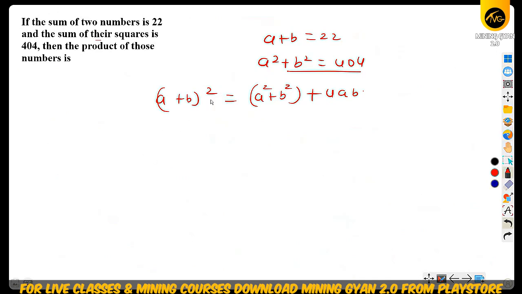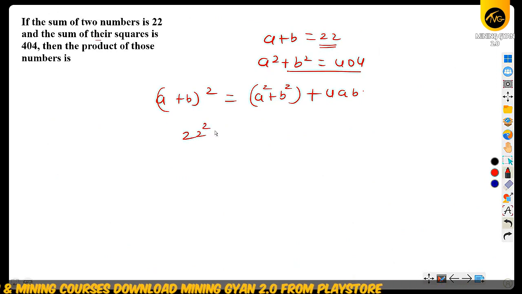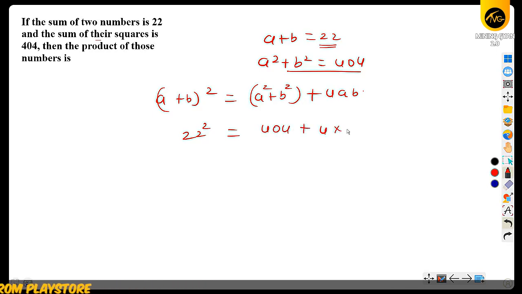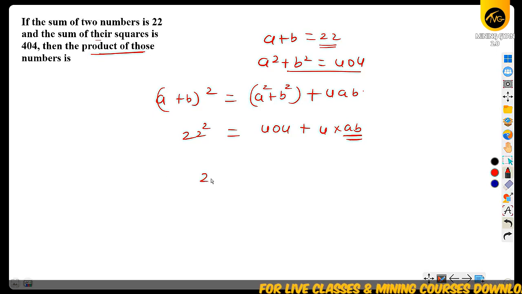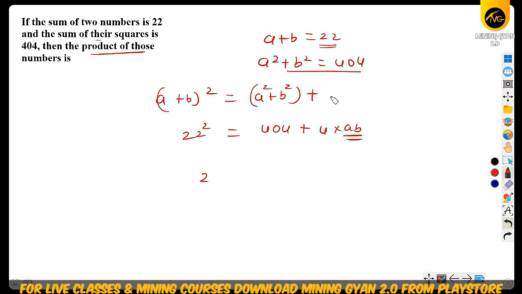Now A plus B whole square, that means 22 whole square, is equal to A square plus B square, which is 404, plus 4 into AB. Now we have to find the product of those numbers, that means we have to find this portion of the expression. Now 2AB, okay, sorry. It will be 2AB, not 4AB. So 2AB is equal to